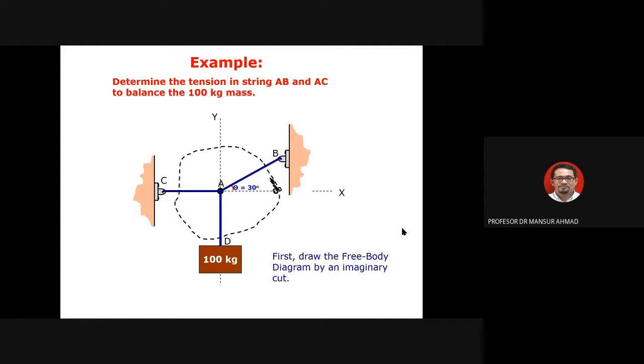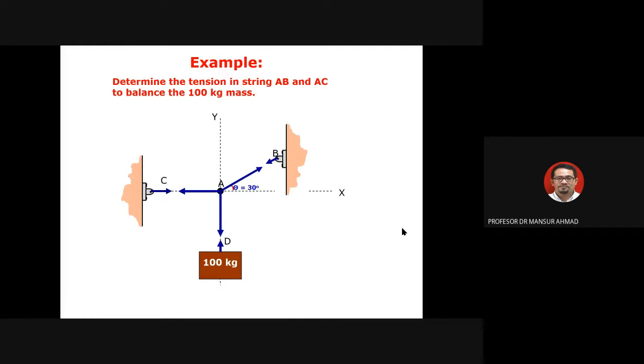So for me to get the free body diagram, make this cut. Once I already make a cut, I imagine that it will separate. This will separate. Putus lah. So if you look at the one which is in the center here, dia dah jadi macam model. Lihat anak panah ni yang saya bulatkan ni, round ni. This is the free body diagram of the center part of this diagram or this structure.